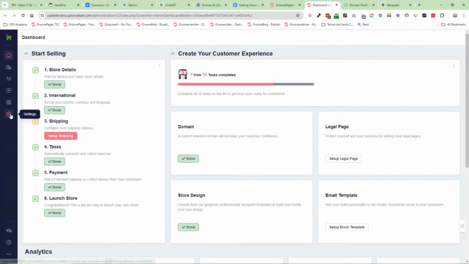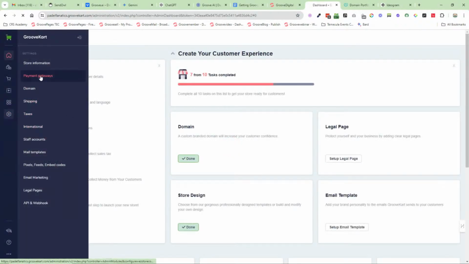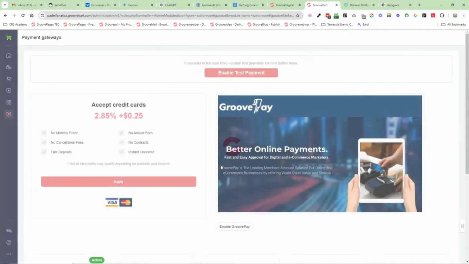But when you click Add a Dashboard, you'll see how it opens up a new window. This is now in a different software. It's built on a different platform. We're just going to click on Settings, Payment Gateways, and it's pretty much identical, just slightly different options.